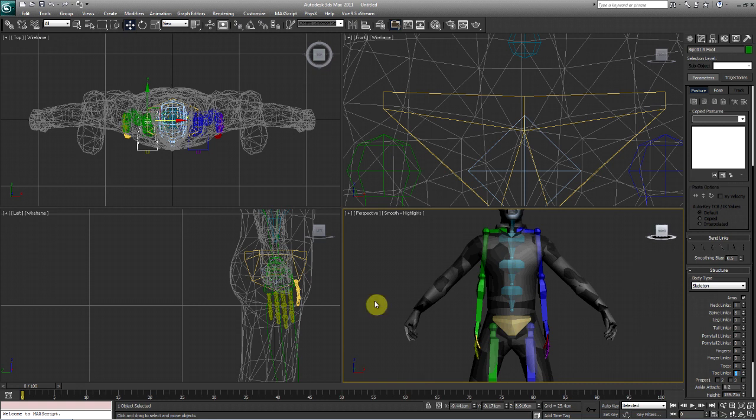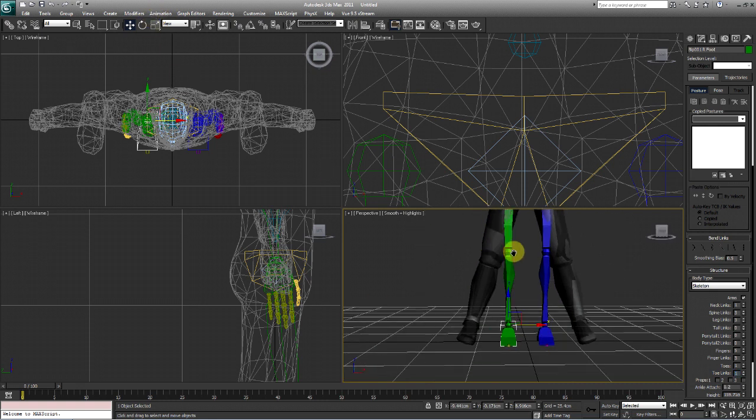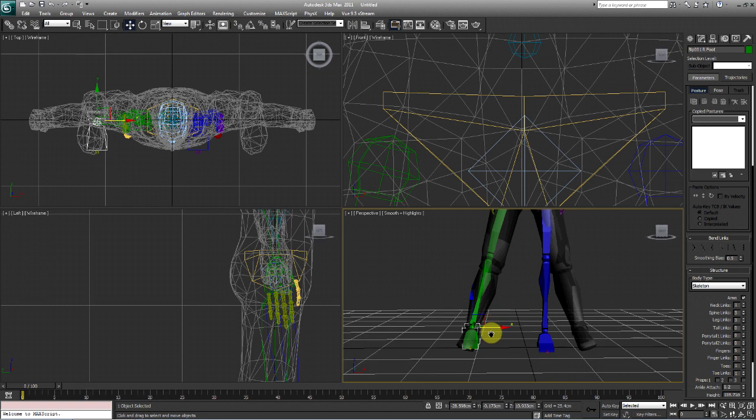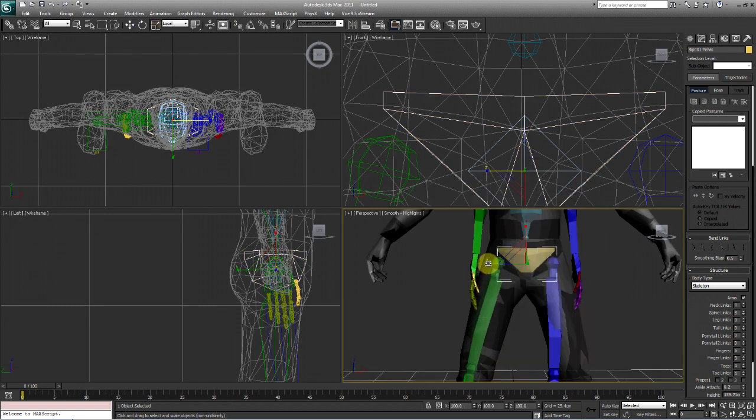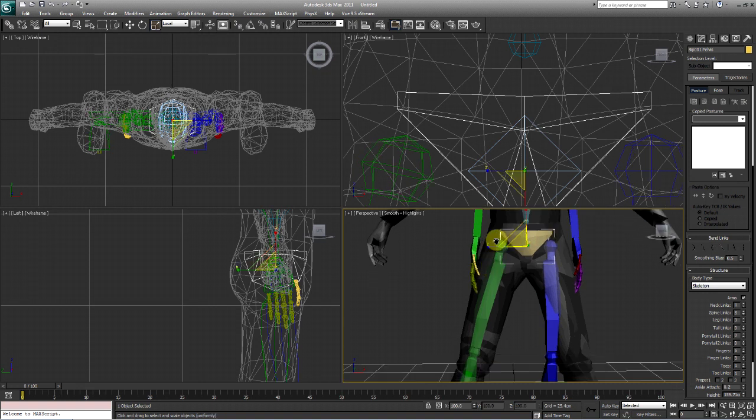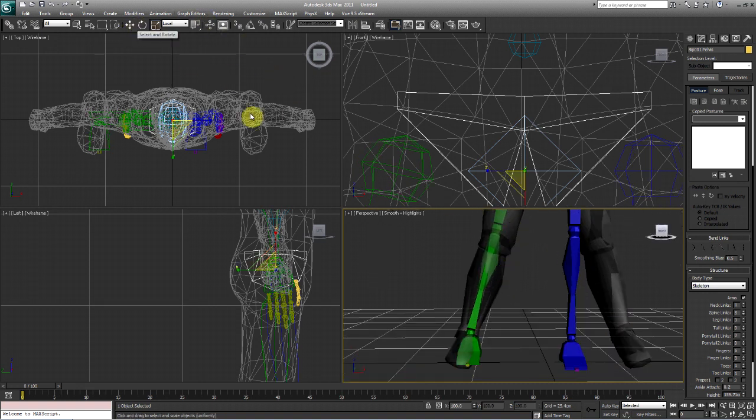Okay. Alright, let's go ahead and move his foot. I'm using the move tool right now. And we're going to scale the hips down just a little bit. About right there is good. Okay. So essentially you want the bones to line up inside the mesh.